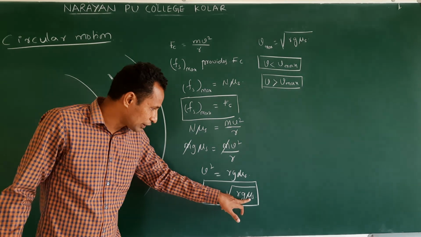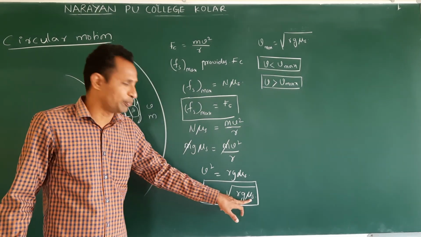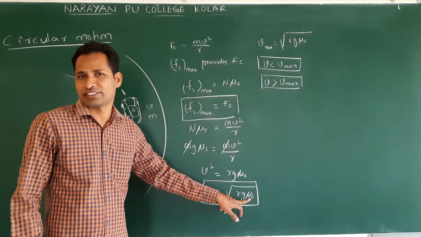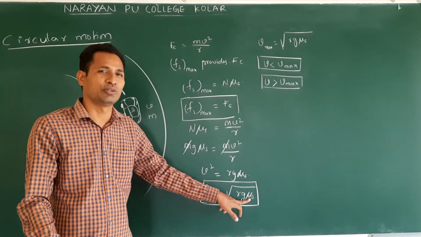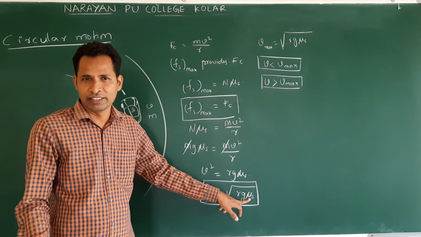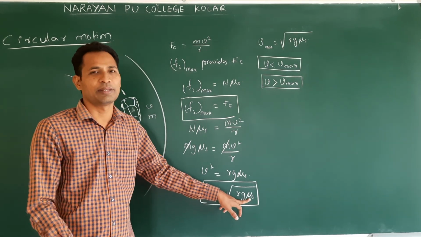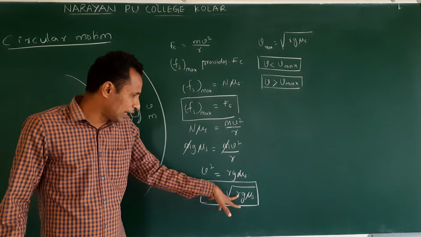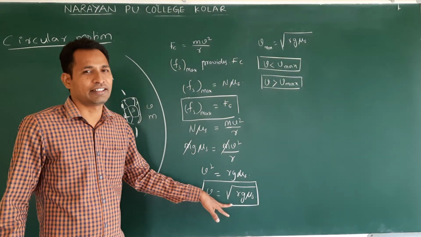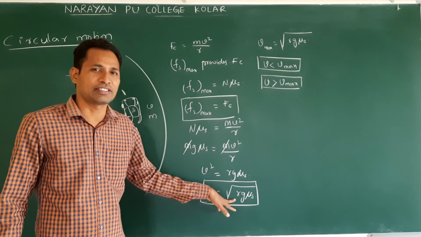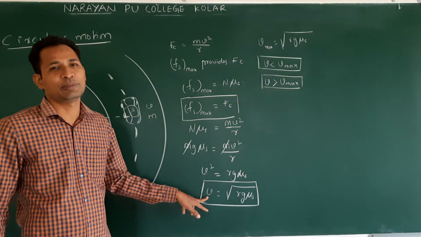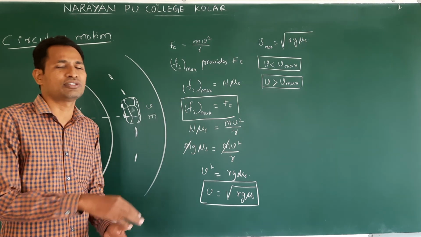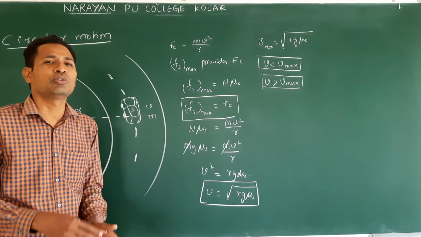It depends on what? Friction. Clear? But this value is not changing. It depends on the nature of the surfaces. Tiles we always make with the same material, and tar road everywhere is the same material, right? So that mu s remains the same. So V and R: if R increases, V increases. If R reduces, R is less, V is less. Means on narrow turns we will move very slowly.